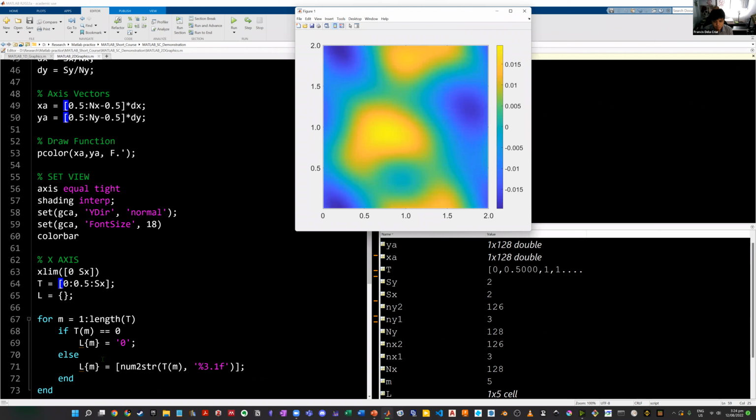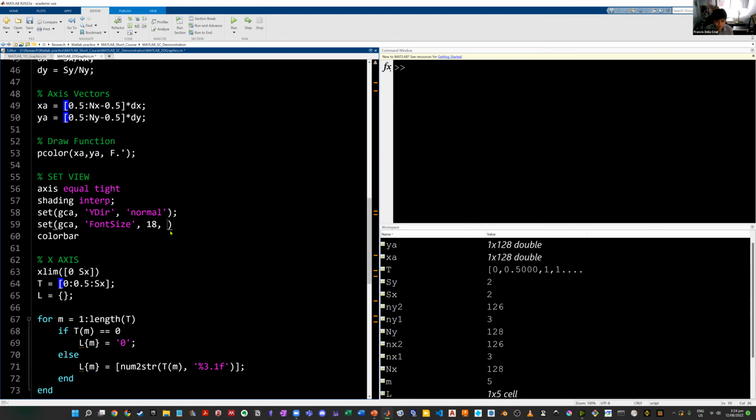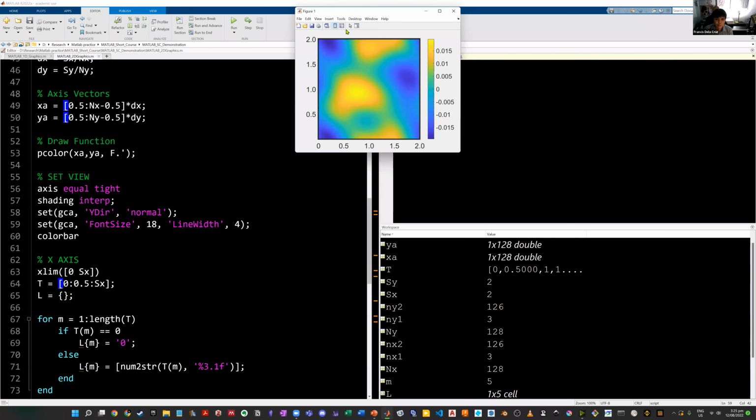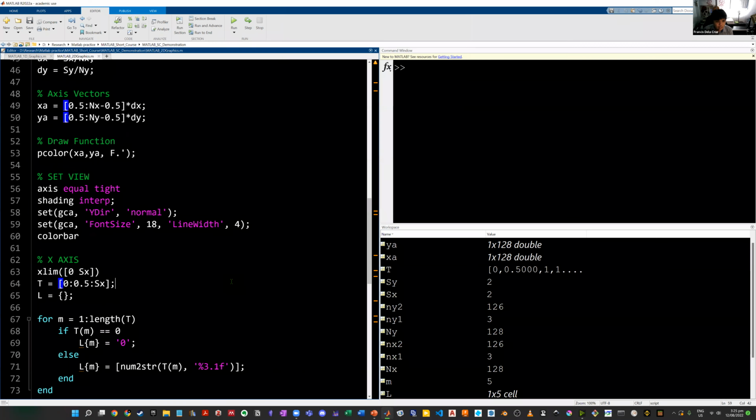Probably there's another thing that I want to change. Let's change the line width further so that we will have thicker boundaries. Okay, let's make it 4 or 5. Let's make it 4. Okay, so you have this one. The next is